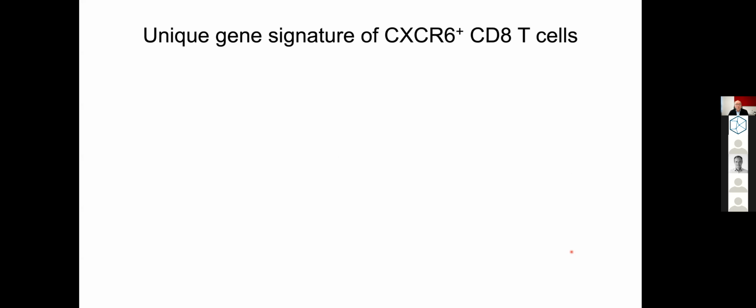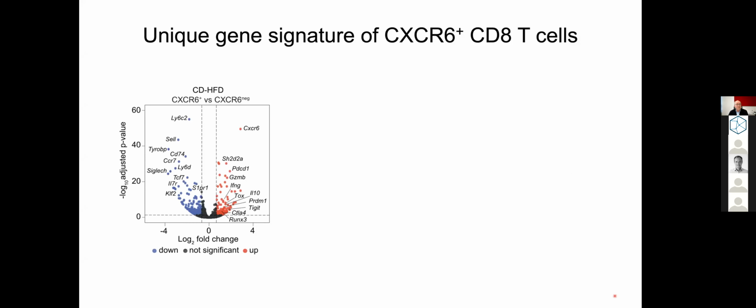Okay, so we looked further into these cells and found that they have a real unique signature by performing RNA-seq analysis, so transcriptome profiling. So we were relieved to find CXCR6, our marker, but we also found upregulation of a checkpoint molecule like PD-1. We found upregulation of an effector molecule, granzyme B. We found upregulation of interferon gamma, but we also found upregulation of inhibitory molecules like TOX, IL-10, and CTLA-4. So these cells looked like cells where gas pedal and brake pedal were hit at the same time